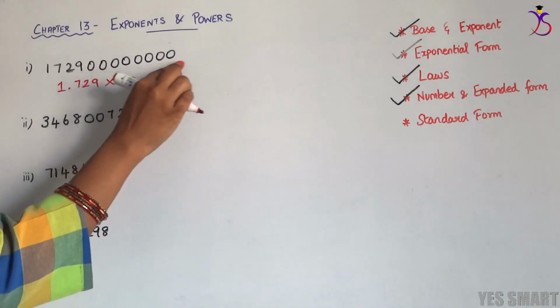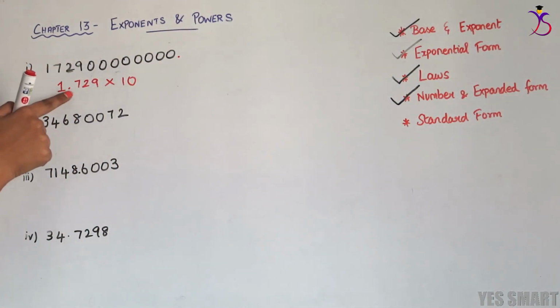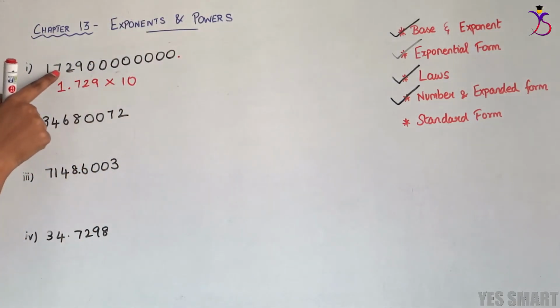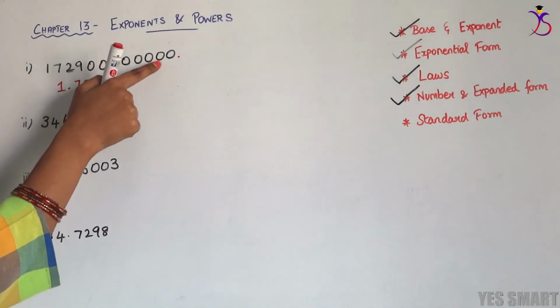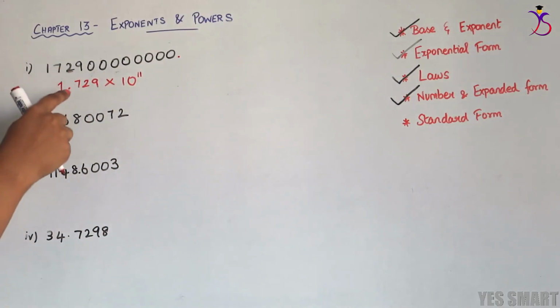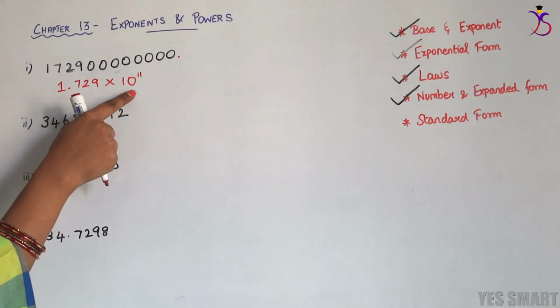In the question, there are no decimal points, meaning that the decimal point is at the last place. We have brought that decimal between 1 and 7. So that point has traveled these many digits: 1, 2, 3, 4, 5, 6, 7, 8, 9, 10 and 11. Therefore 10 to the power of 11. This is the required scientific notation. If you try writing the normal number from this scientific notation, we will get back the question. So the decimal point is here and it is multiplied by 10 to the power of 11.